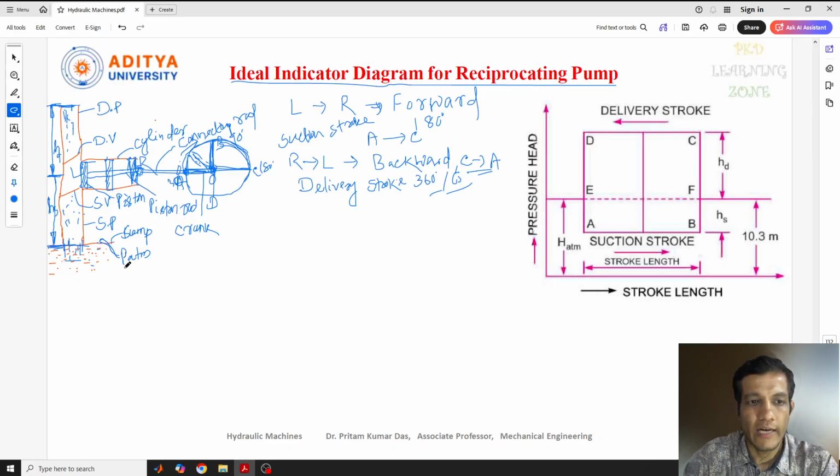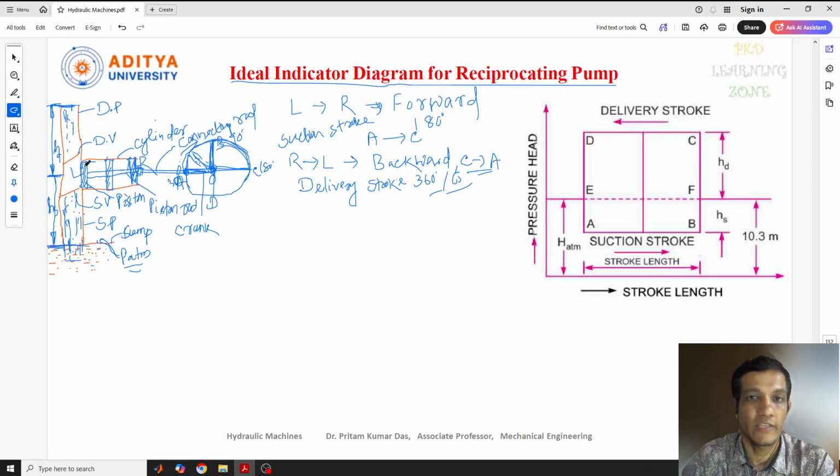That means the atmospheric pressure is acting on this surface level. The atmospheric pressure and the pressure available in the cylinder are different. Inside the cylinder a vacuum pressure is created, or we can say negative pressure is created inside the cylinder. Due to the pressure being low here and high here, the water starts lifting through